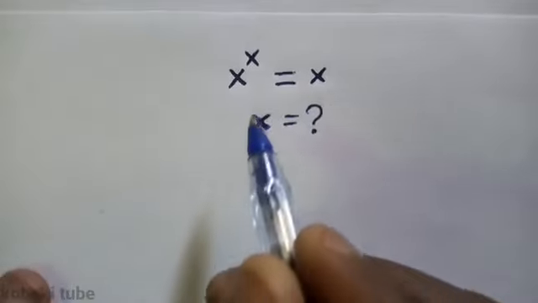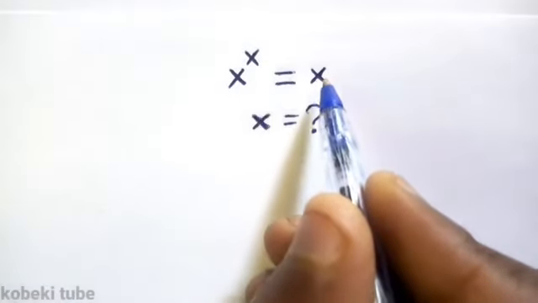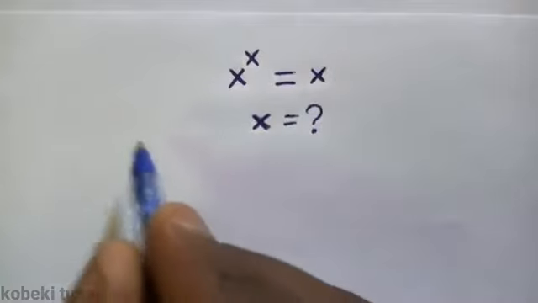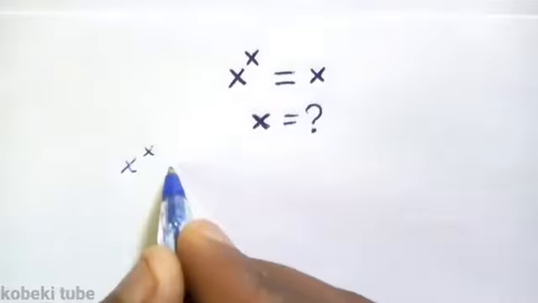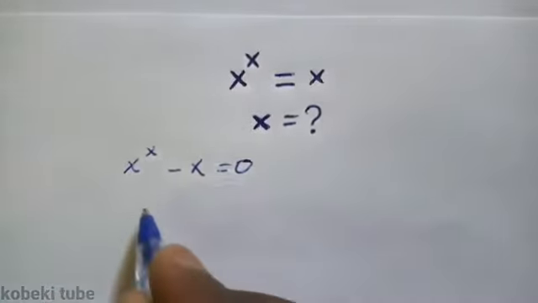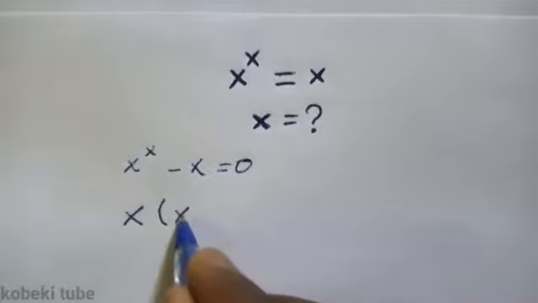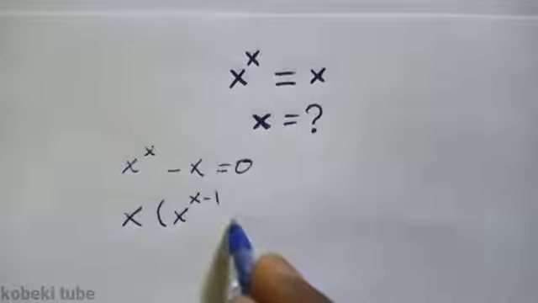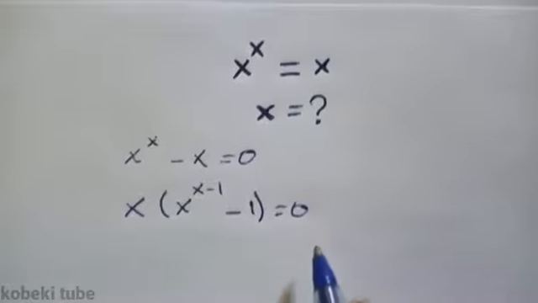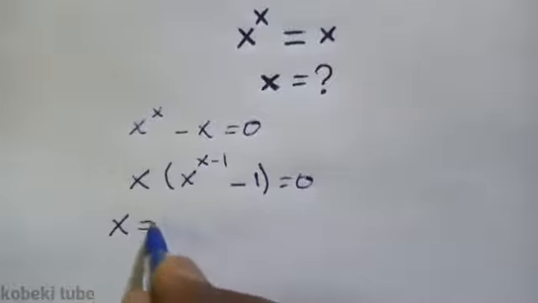Hello everyone, how to solve x to the power of x which is equal to x. Find the value of x. Then x to the power of x minus x is equal to 0. Then when we factorize this, it becomes x(x^(x-1) - 1) is equal to 0. And here we have two cases, x is equal to 0